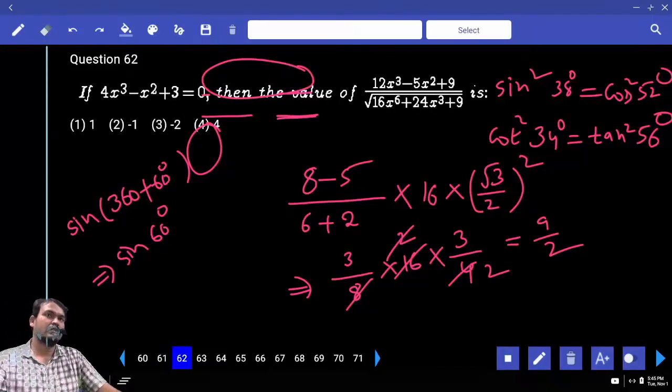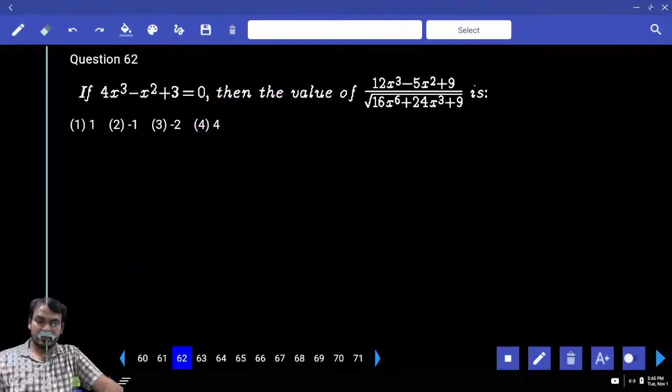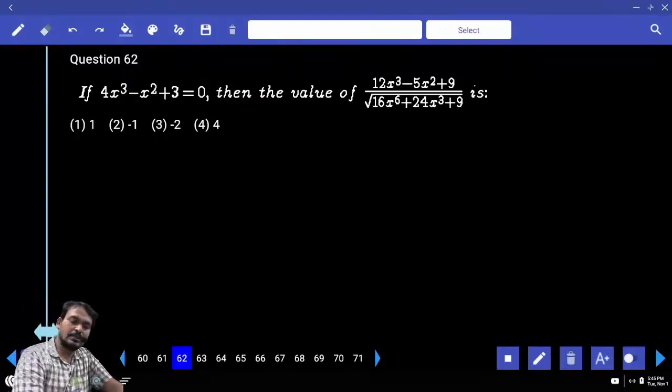Next question number 62. 4x cube minus x square plus 3 equal to 0. Then what is the value of (12x cube minus 5x square plus 9) divided by square root of (16x power 6 plus 24x cube plus 9)? First of all, 4x cube minus x square plus 3 equal to 0. This one we write as 4x cube plus 3